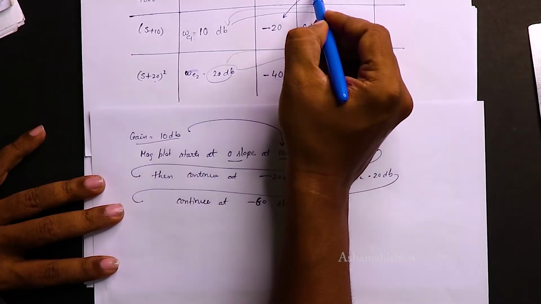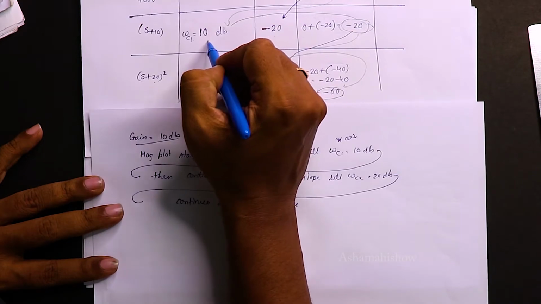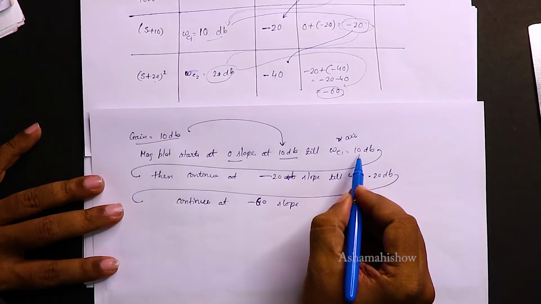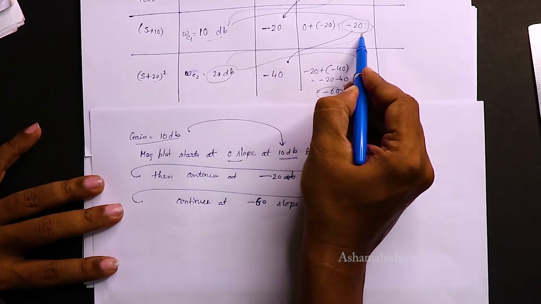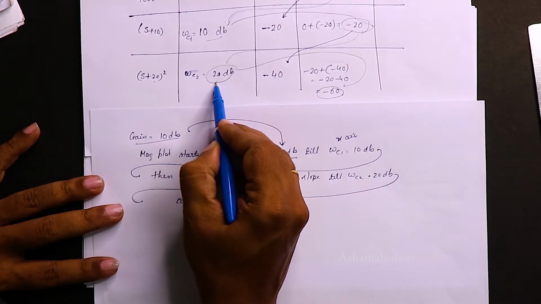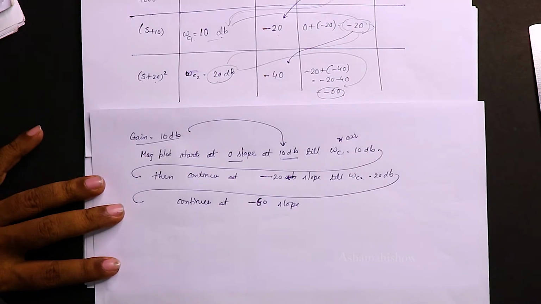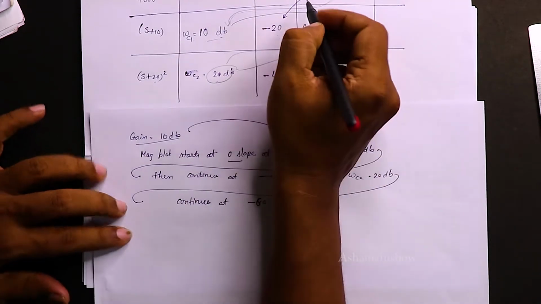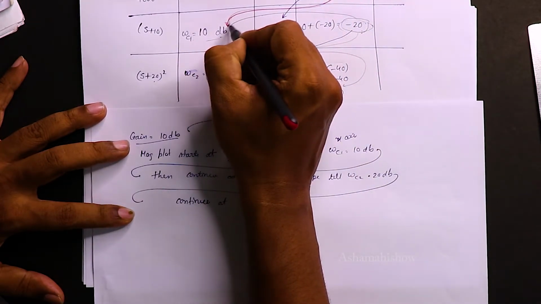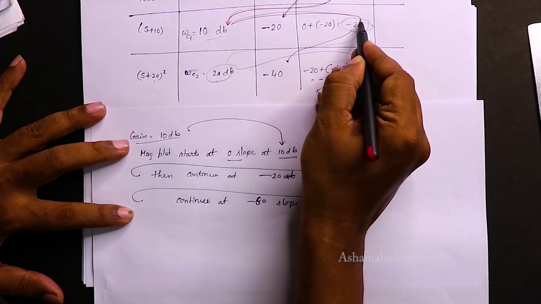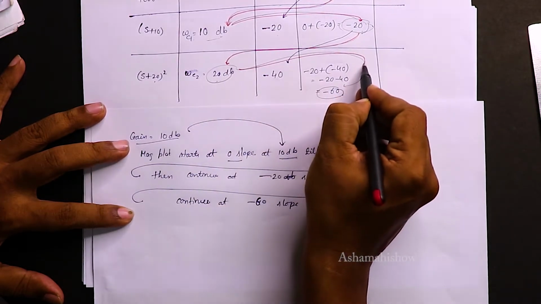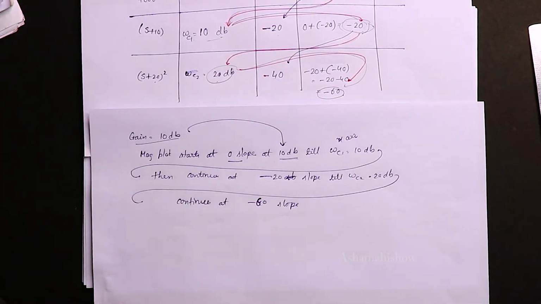Till your omega C1 it is 10 dB. From 10 dB, the slope has changed to minus 20. From minus 20, till omega C2, which is 20 dB. From 20 dB, your slope has changed to minus 60. So to draw on a particular pen, I told you: initially I have taken gain, with zero slope till omega C1 is 10. From omega C1, your slope changed to minus 20 till your omega C2 is 20. From 20 it changes to minus 60. So this is how you will be drawing it.